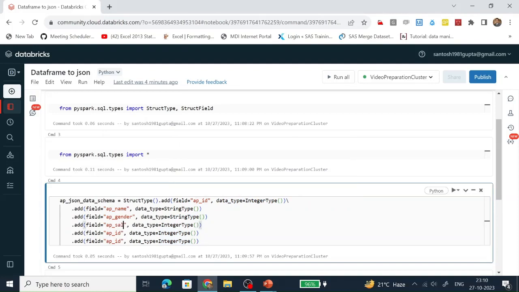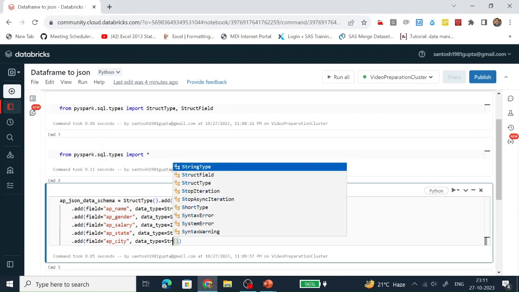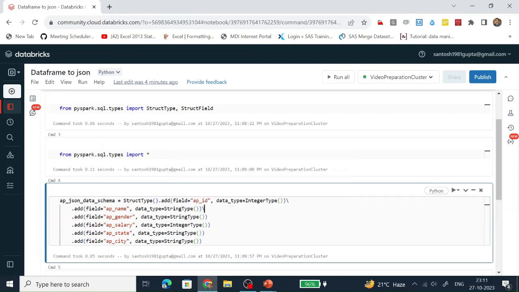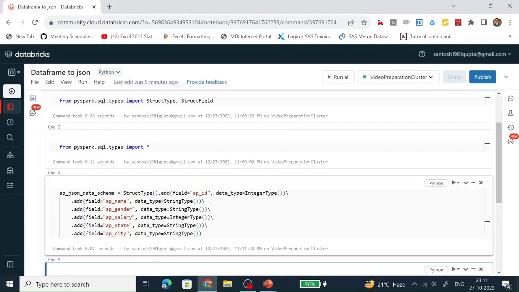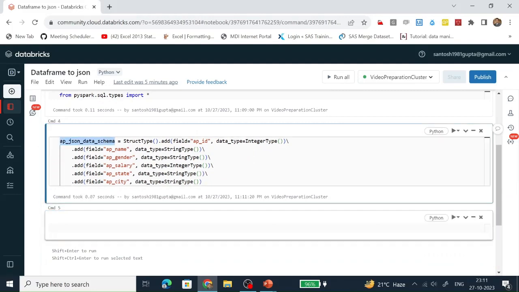Fourth one is salary, data type is integer. Fifth one is state and the data type is string. Next one is city and the data type is string. For the next line, we need to use this backslash. Let's run it. The custom schema has been defined successfully.